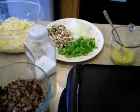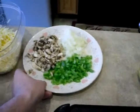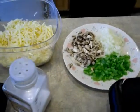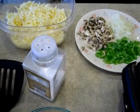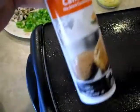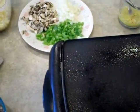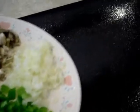It's time to go ahead and start our omelets, but what I like to do first is go ahead and heat up my mushrooms, if I have onions, and green peppers. So I'm going to go ahead and give those a nice caramelization. I can do that right on my grill, or my griddle. Put down a layer of cooking spray, whatever cooking spray you prefer. And since my wife and I are going to be eating all this stuff on the same omelet anyway, I'm not going to be picky about